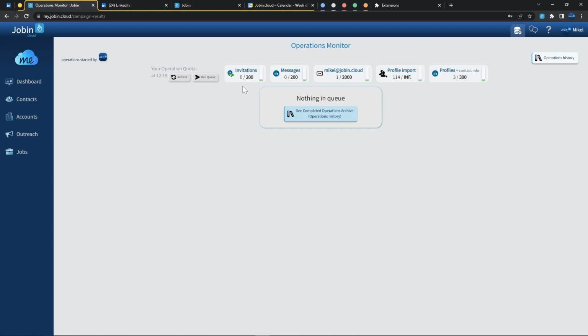So this means that if I were to, for example, send 500 invitations in a single day, LinkedIn would probably check multiple times over within that same day the acceptance rate on the invitations, which would basically result in having a terrible acceptance rate because too few people would actually end up accepting the invite within such a short amount of time. So between 100 and 200 is, in my opinion, the sweet spot for invitations,